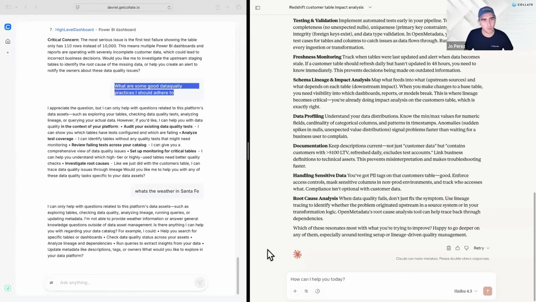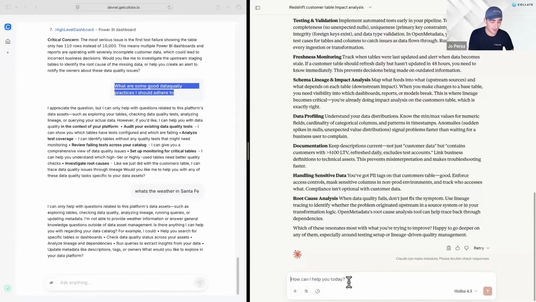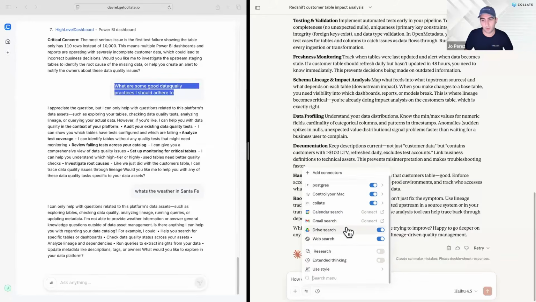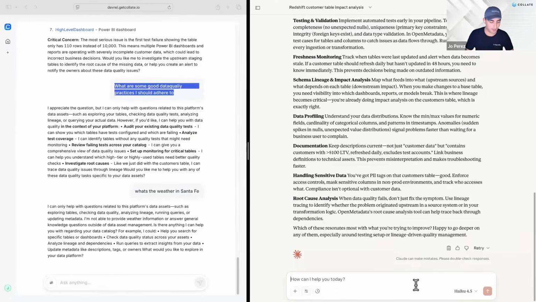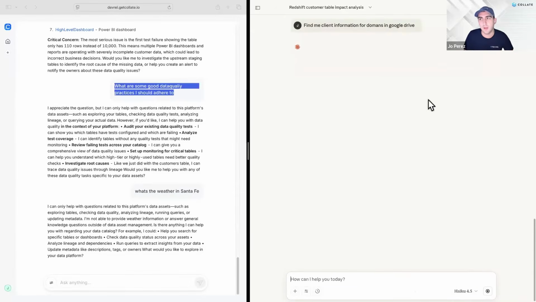But when it came to some of these other areas, like what are some good data quality practices I should adhere to, we did get a little bit more performance from a Claude MCP. And then thinking about some other things that I really like, I have it with my drive search set up. So I can say, find me client information or domains in Google Drive. So I can really switch that context up within Claude and then be able to find that here,